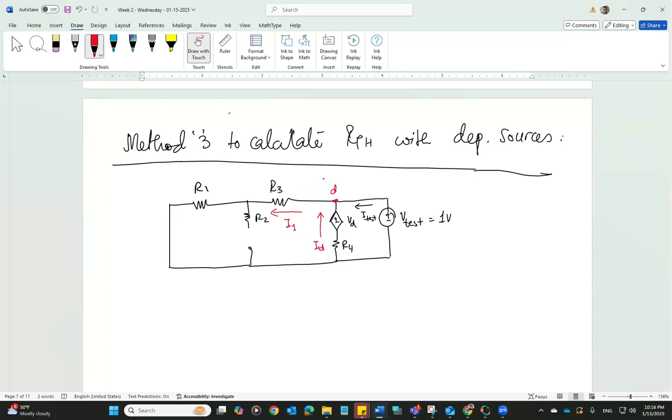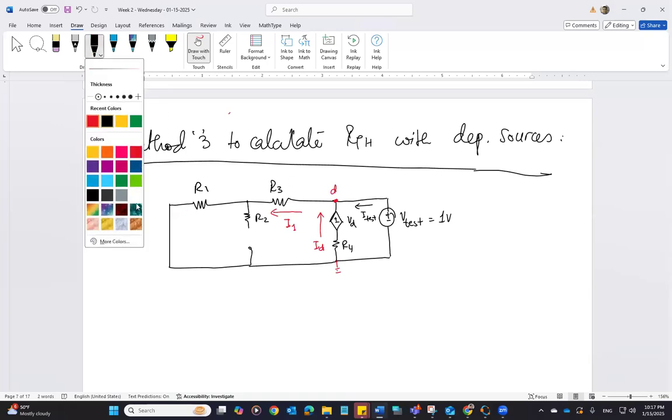Now, we already know the voltage of node D, so we don't have to apply a nodal analysis, by the way. What is that voltage? It's the same voltage as the test, because the test source is connected between D and ground. So the voltage at node D is the same as 1 volt. That means we can easily calculate current I1, because we know this voltage VD, and then you have two resistors R3 and R1. So we apply Ohm's law and we can calculate